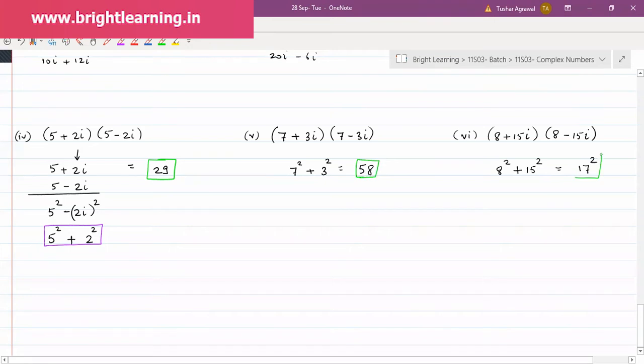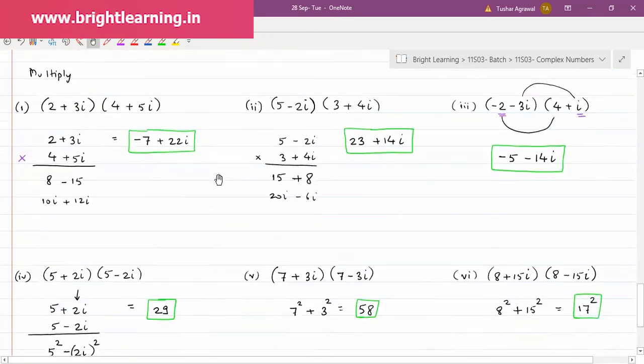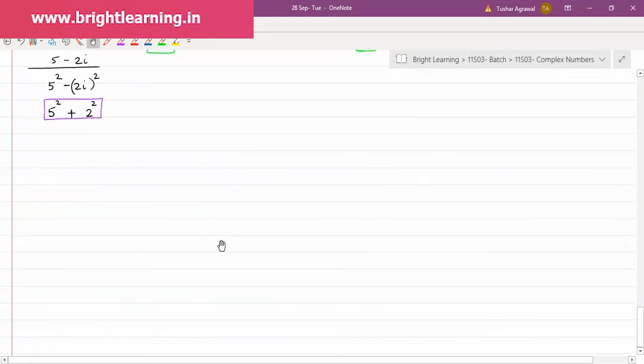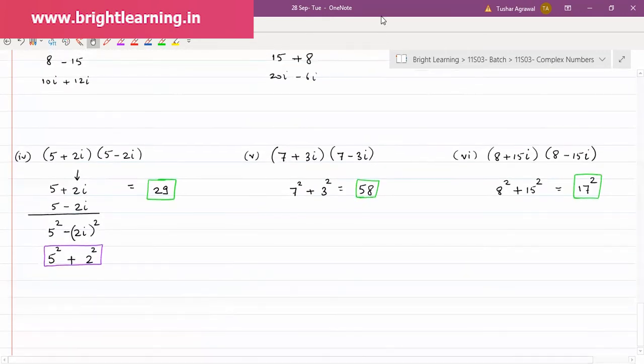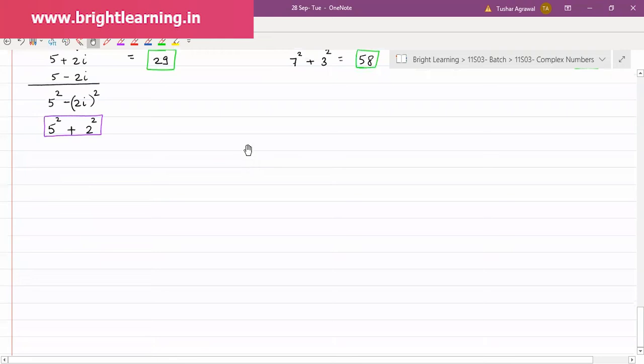This is 2. Got it? Multiplication. Yes or no? The simple multiplication process. And now if you know this multiplication, if you're comfortable with the multiplication, how to multiply any two complex numbers. So now if I tell you, once again, yes,